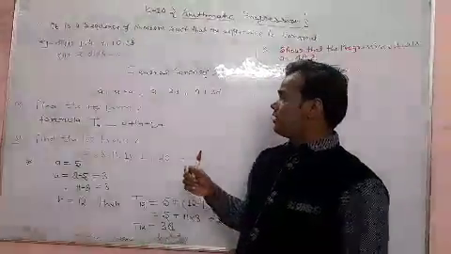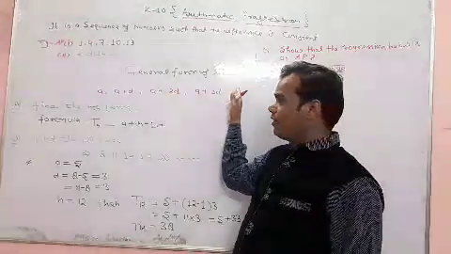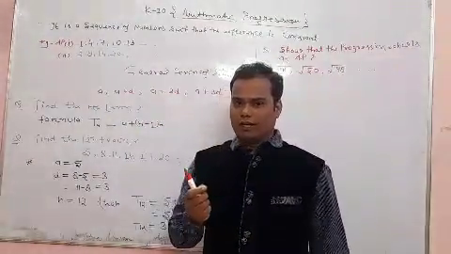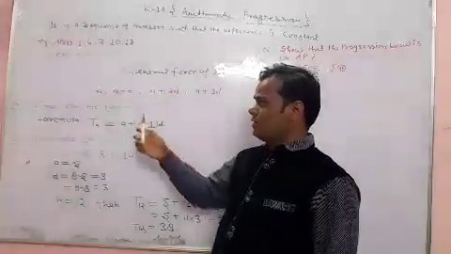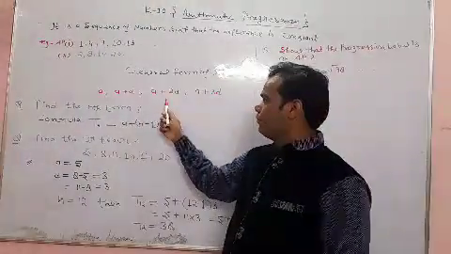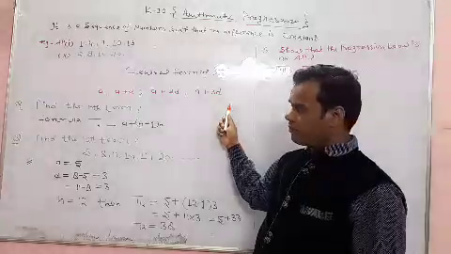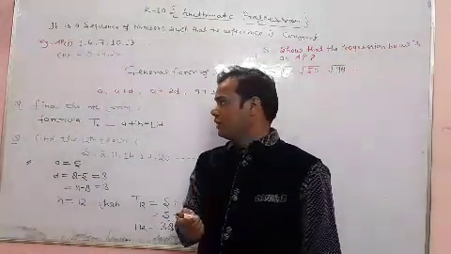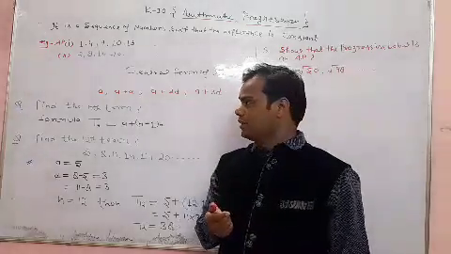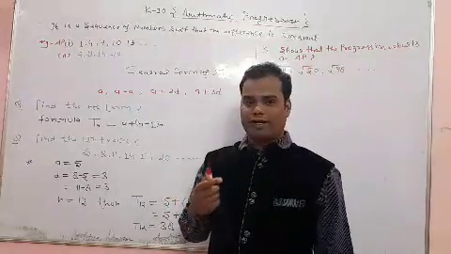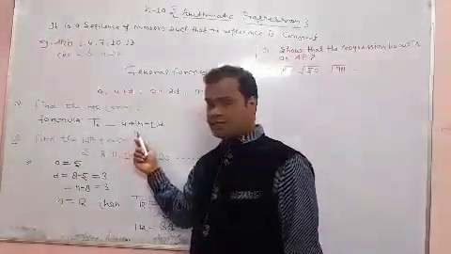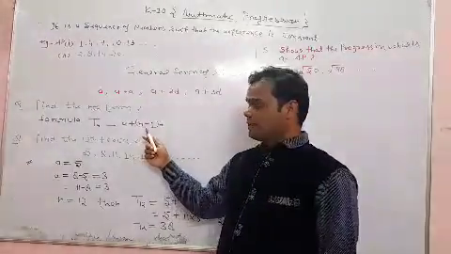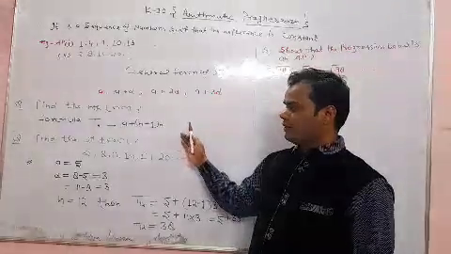And the second thing is the general form of AP. So the general form of AP we can write: the first term is A and the common difference is small d. Then the general form of AP is A, A plus D, A plus 2D, A plus 3D. And suppose we want to find the nth term. Here the formula for the nth term is Tn equals A plus n minus 1 into D, where A equals the first term, n is the number of terms and D is the common difference.